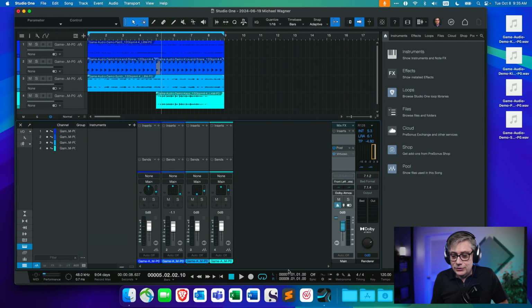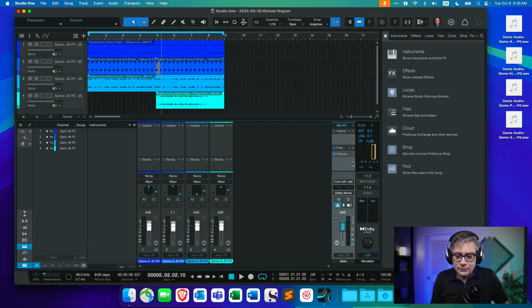And the way I'm going to do that is a little unconventional. I'm going to put that after the Dolby Atmos renderer. And I know this is not the way you're supposed to do that. I already see people in the comment section hammering away that I'm doing something completely wrong. This is just for demonstration purposes. What I really want to do is just show how this plugin works. And the best way to do that is to put it on the master bus after the Dolby Atmos renderer, even though for regular production purposes you would never do that because it doesn't make any sense. Anyway, so this is what we're going to do.